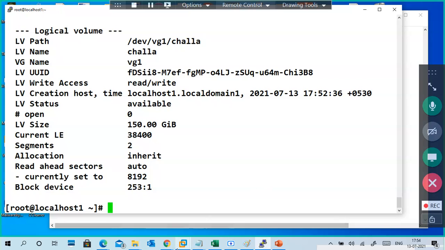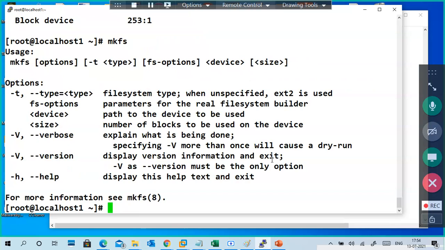Next, what to do? File system. MKFS, make file system. Because I'm lazy, I use very few options. -T to specify what file system you want. mkfs.ext4, file system ext4.